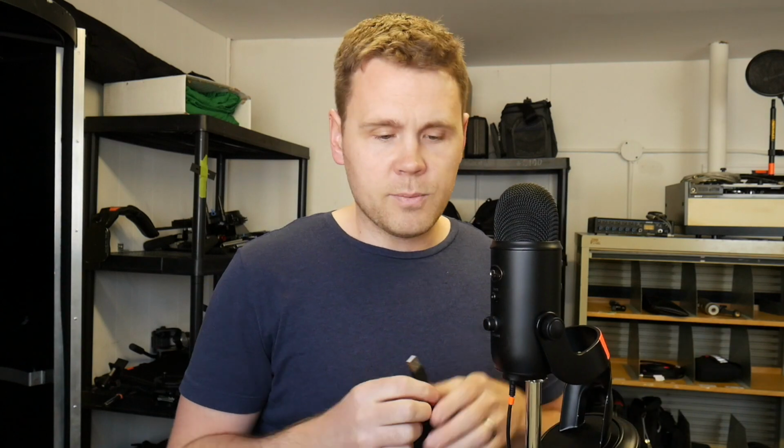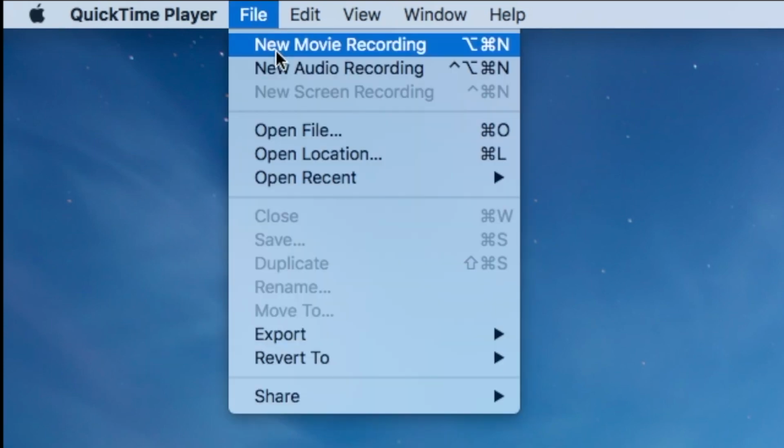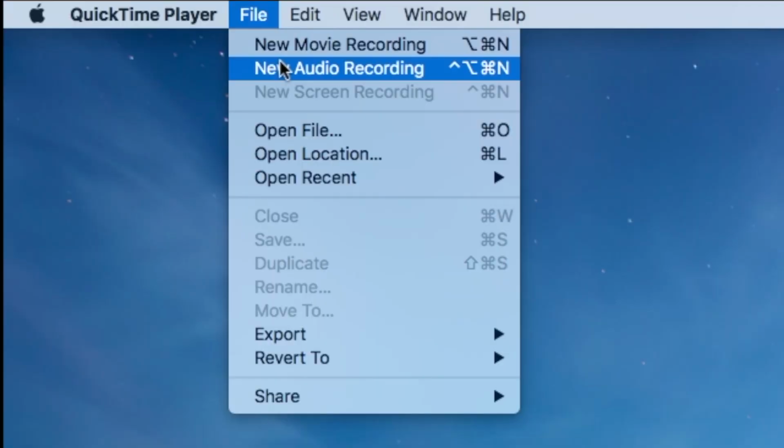So let's plug it in. So now I'm going to open QuickTime Player, and I'm going to start a new audio recording. Now, if you're using Final Cut Pro or Adobe Premiere, you do have options for recording directly into those softwares, as well as any audio recording software. Just to keep it simple, I'm going to use QuickTime Player. So in QuickTime Player, I go to File, New Audio Recording,